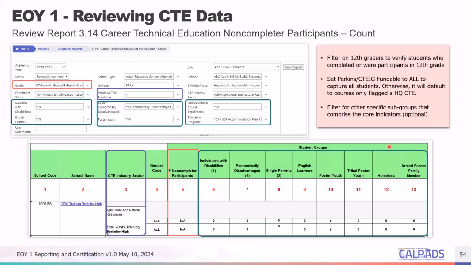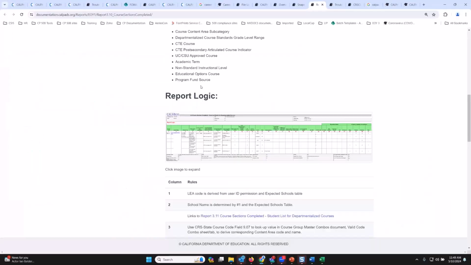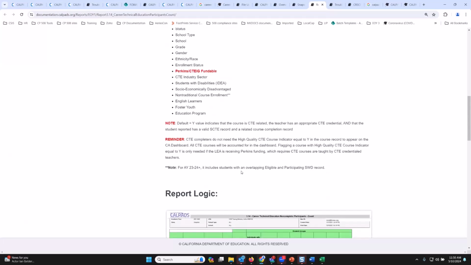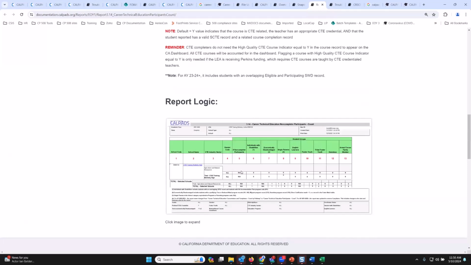So again, it all boils down to going to the CalPADS user manual report mapping guide and knowing the different columns that this represents. So 3.14, let's go back to 3.14. Then you have that indicator that you need to be aware of.